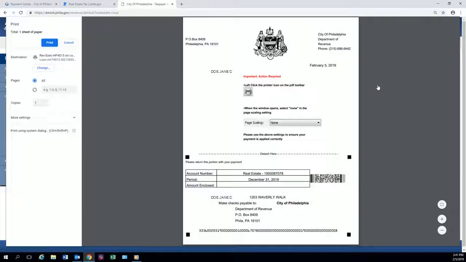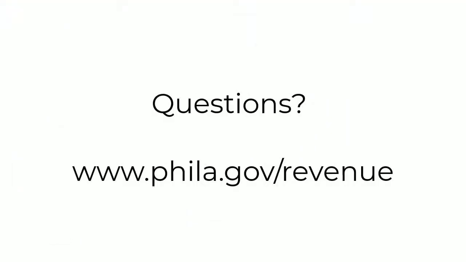You now know how to find and print a real estate tax payment coupon. If you have questions, visit our website,